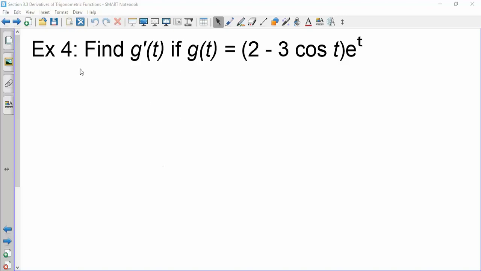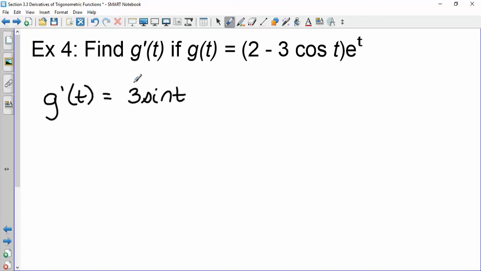Product rule, yeah. You have two things being multiplied, they both have the variable t in them, so we have to do product rule. So derivative of the first, derivative of 2 is just 0, minus 3 times the derivative of cosine. What's the derivative of cosine? Negative sine. So minus a negative makes it just a positive 3 sine of t